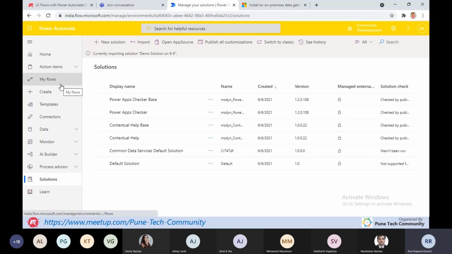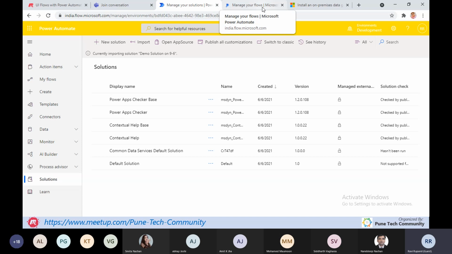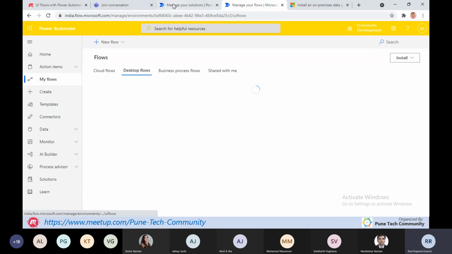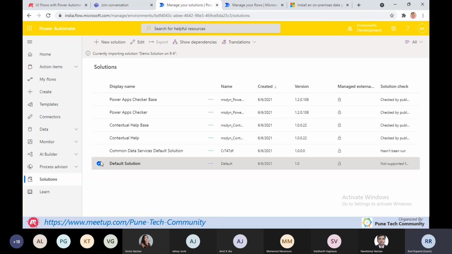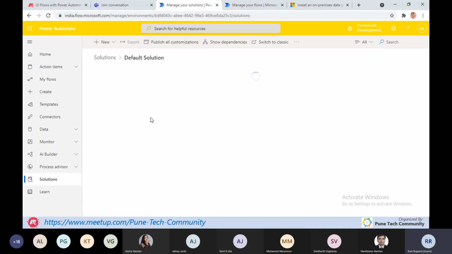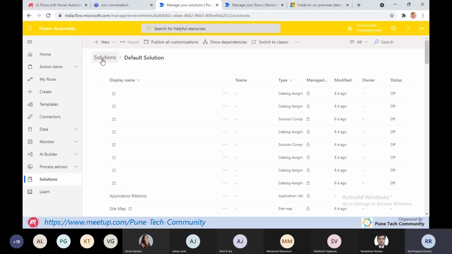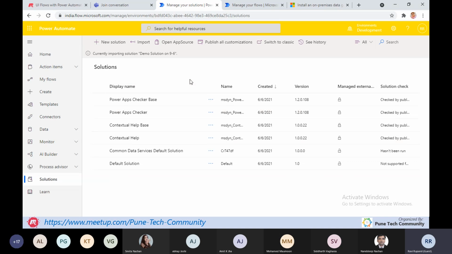It will import that solution. It is taking some time to import the solution.